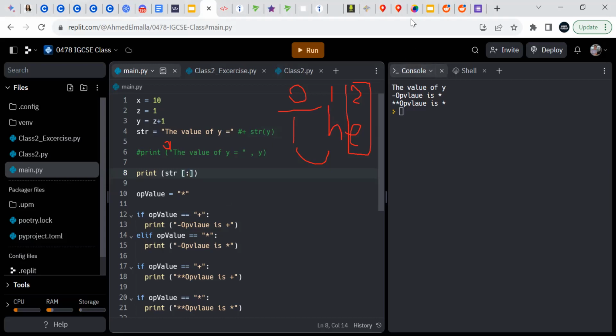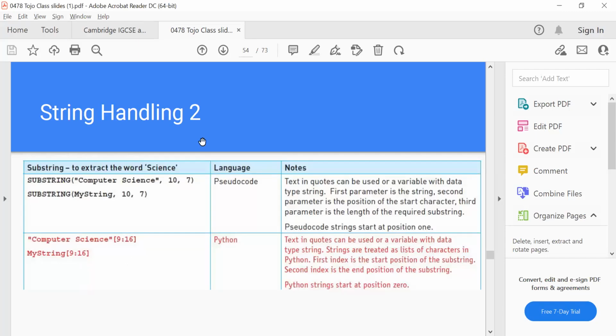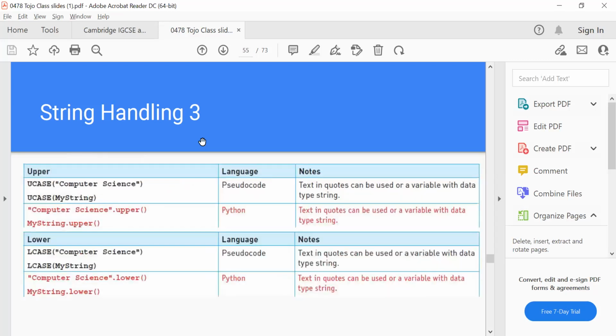Let us try to get the remaining. That is string handling. So we have a few minutes remaining, so let's do the remaining parts. This is case conversion in pseudocode: it converts whatever is inside to uppercase.